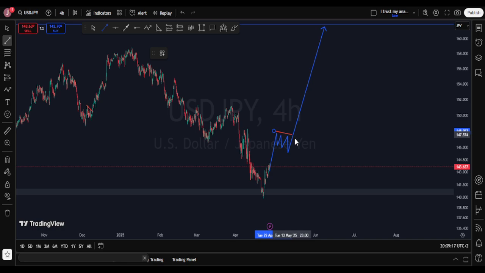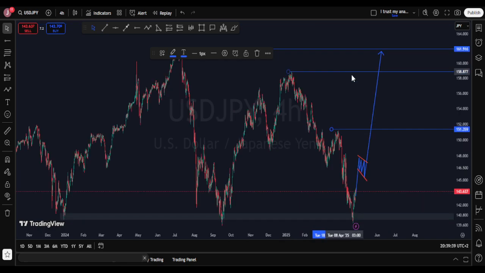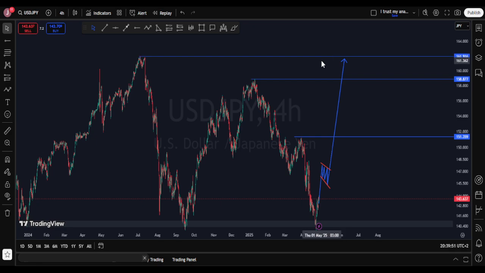So this can be your first take profit. You can either have this as a first take profit, your second TP, and that as your third TP. It all depends on you. But for me, I'm going to go all the way. I want to capitalize and get this high and target this high as my main profit. And if you still see continuation patterns playing out,